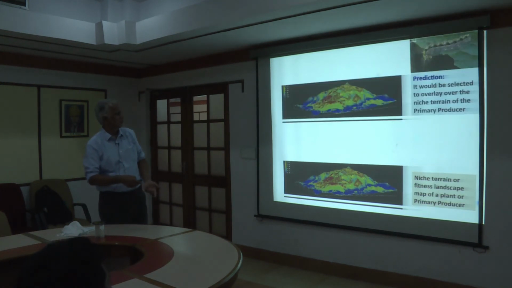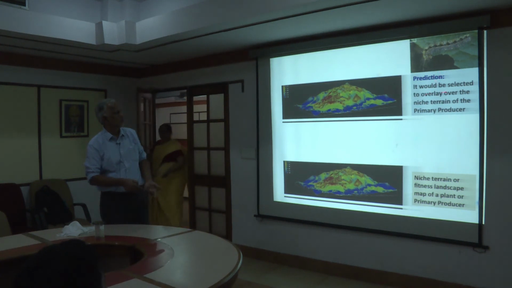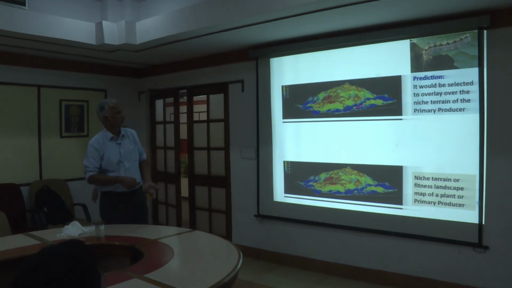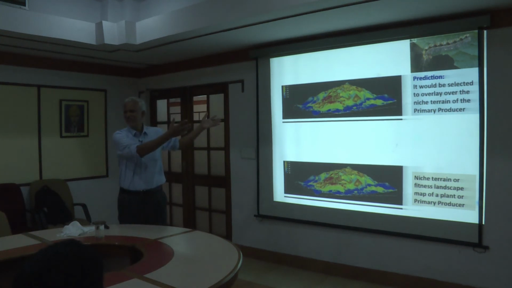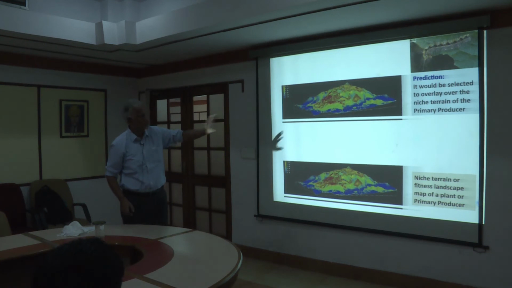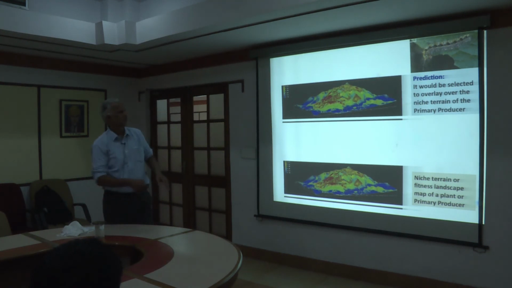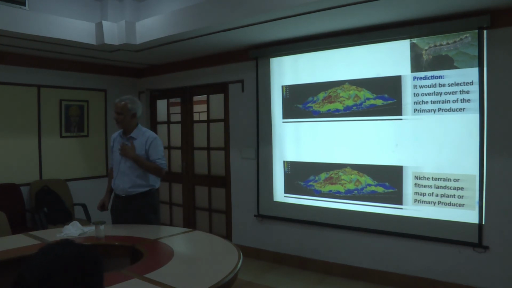So it would be selected to overlay the niche terrain of the primary producer. So if you didn't do anything, you can simply copy paste this one, which is what I have done as a demonstration. In large amount of expectation, fairness, I would be better off by saying that the distribution space of this species of caterpillar, which let us say is an extreme case of a monophagous one, would be now similar to this one. Correct? But then, do you expect the plant to keep quiet